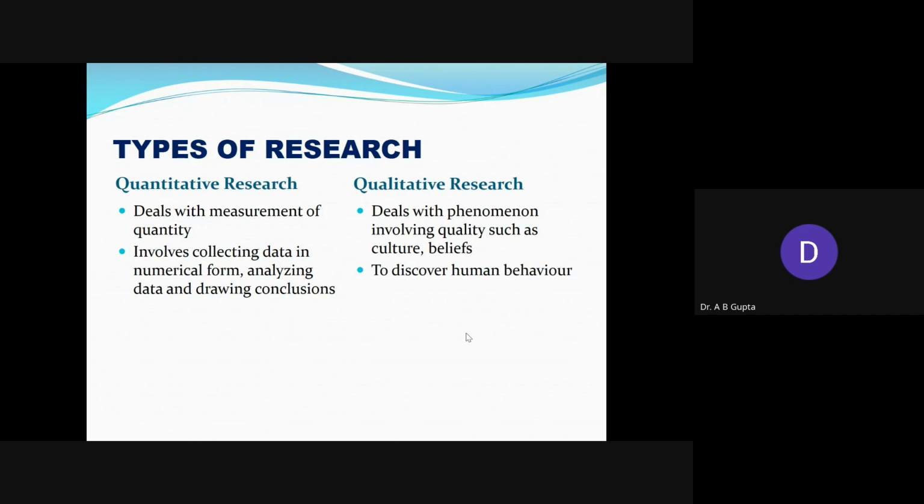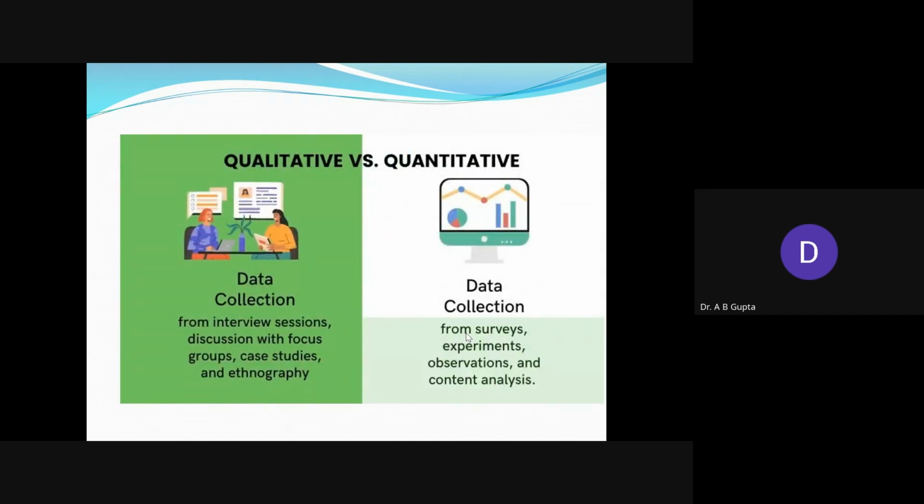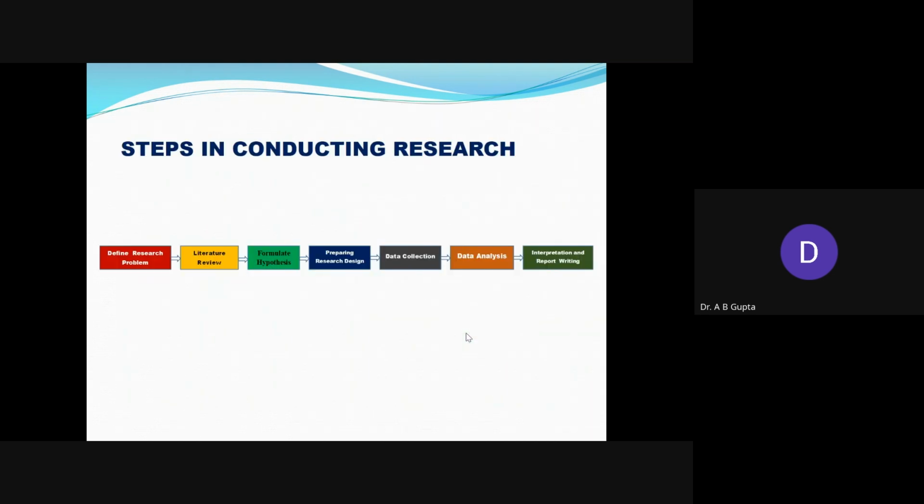Okay. Then I come to, so here what I'm showing is that the way you will be collecting the data in quantitative research, it will be different, because in quantitative the data is numerical, whereas in qualitative you are making use of interviews, discussion, case studies. So the way you will be collecting the data, that will be different if you talk about quantitative and qualitative. Okay. Now I come to the most important part of this program, as well as this session: how